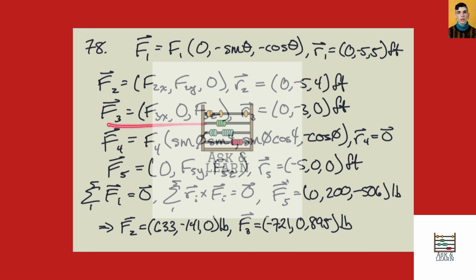At the next constraint force, which is at point B in the figure, the bar is free to slide in the y direction, so we have x and z components, and it is just minus 3 feet in the y direction. Then we have an applied load,